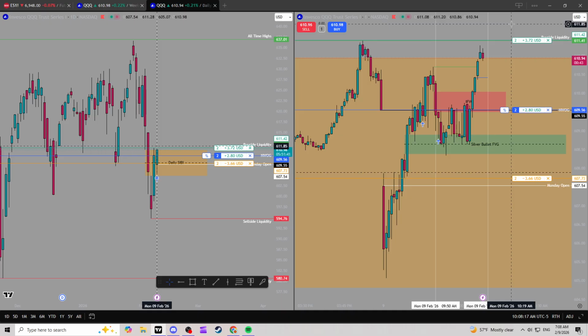Lots of buy side imbalances have been created, by the way. So referring back to those, as you can see from this candle's low to this candle's high, this candle's low to this candle's high, this candle's low to this candle's high. All buy side imbalance, sell side inefficiency, which we want to see left open. We want to see these be breakaway gaps as we get into this target at 611.42.